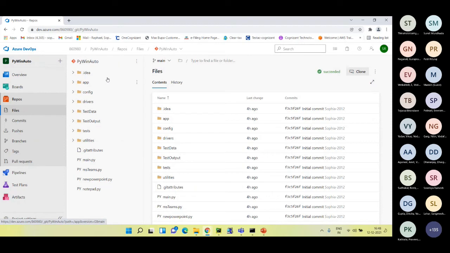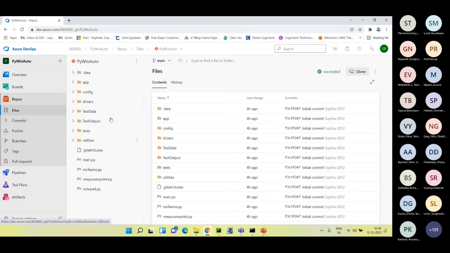After the import was done, we created a pipeline so that once these test cases are executed, we can see a report which is understandable by the stakeholders.